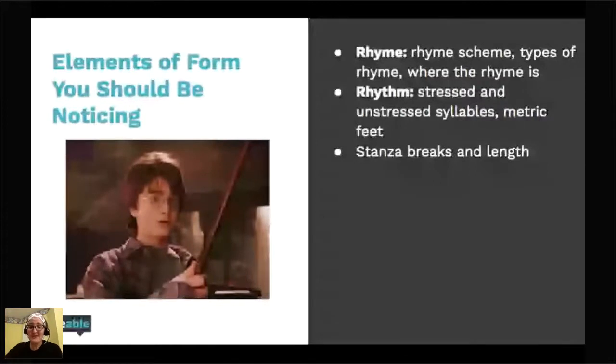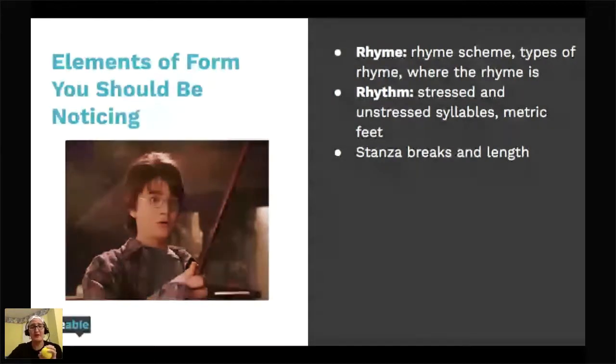Anyway, stanza breaks in length. I'll show you an example in just a moment, on the next slide. The last stream I did, the poem that I was using actually works really well for form, so I'll show you some of that. Stanza breaks in length: just as a review, a stanza is of course like a paragraph in a poem. Wherever the author decides to break that stanza may determine what meaning or tone they're trying to get you to understand in that place.